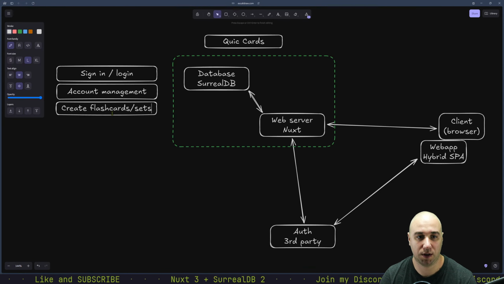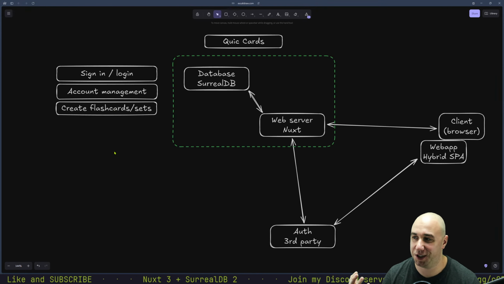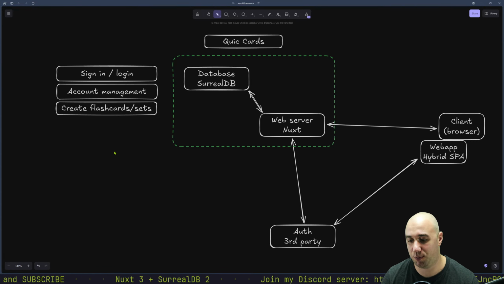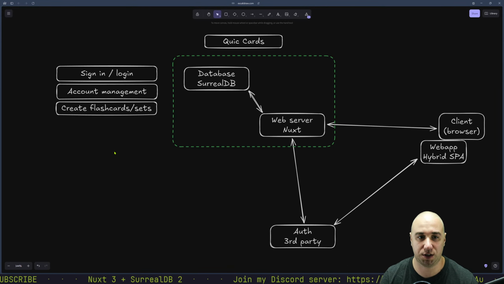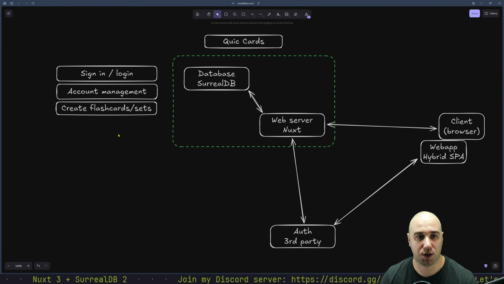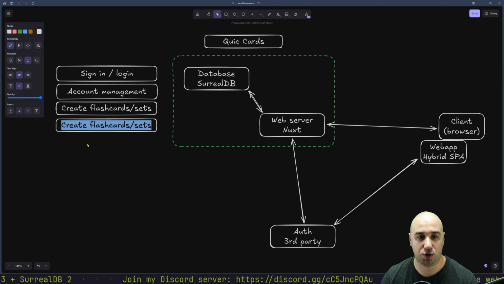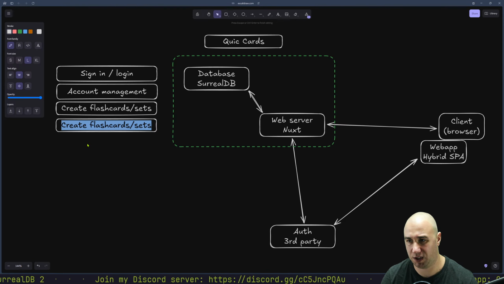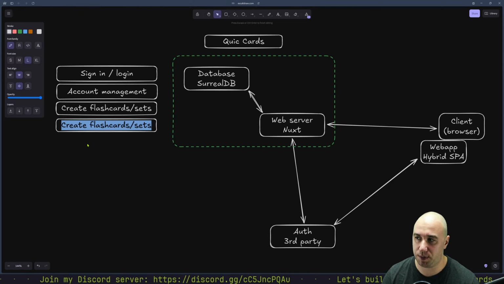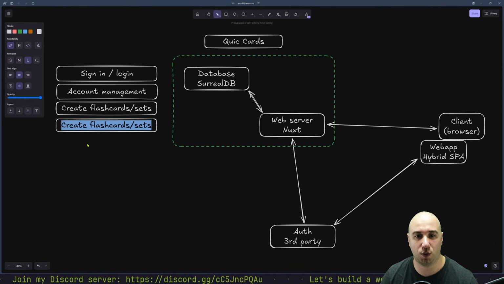Flashcards/sets. Because just a single flashcard doesn't give you anything. You basically want to create a set of flashcards that you can be learning, reviewing, and whatnot. So you want to create flashcard sets, and initially, I think, just create. Let's not think about sharing yet. This will be later, but as we design things, we'll make it possible to maybe add a share feature